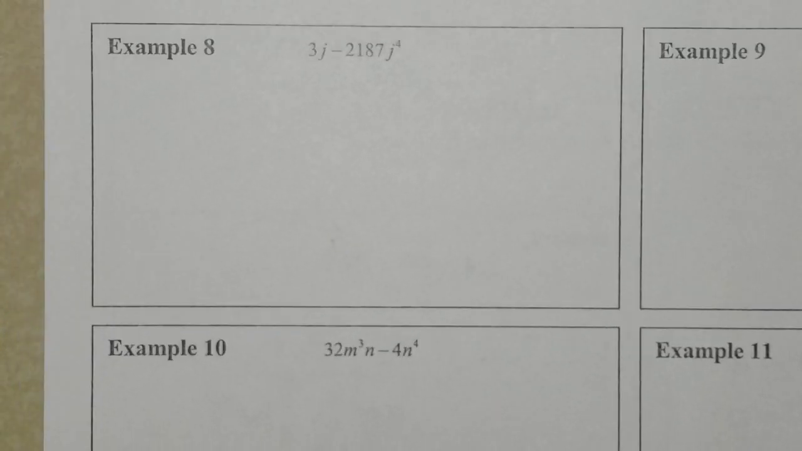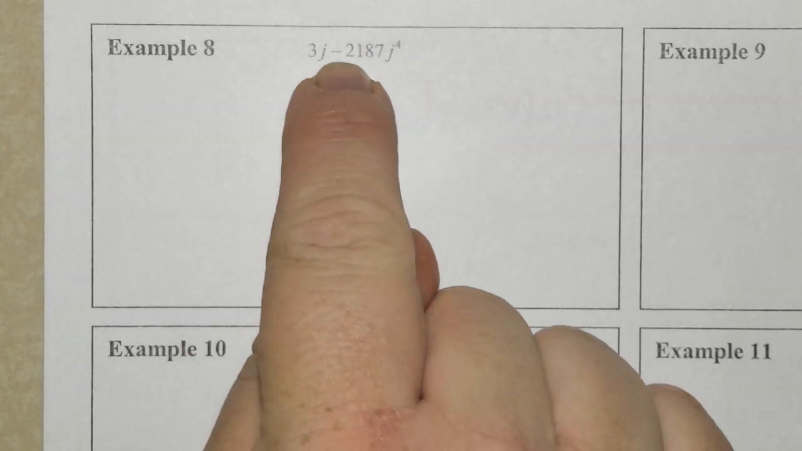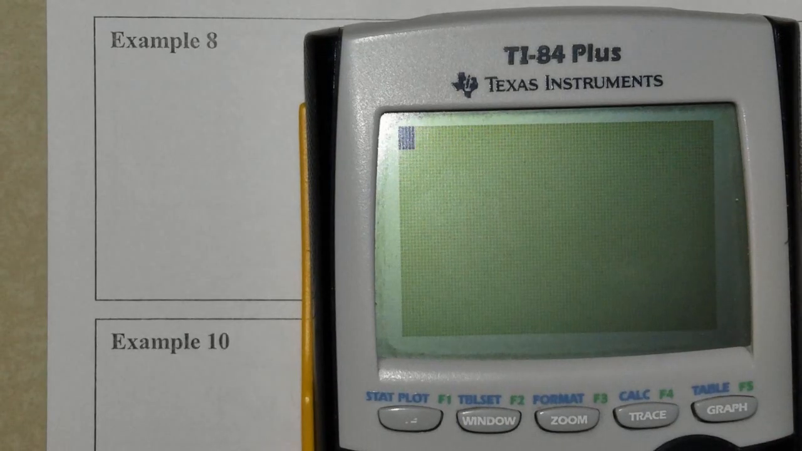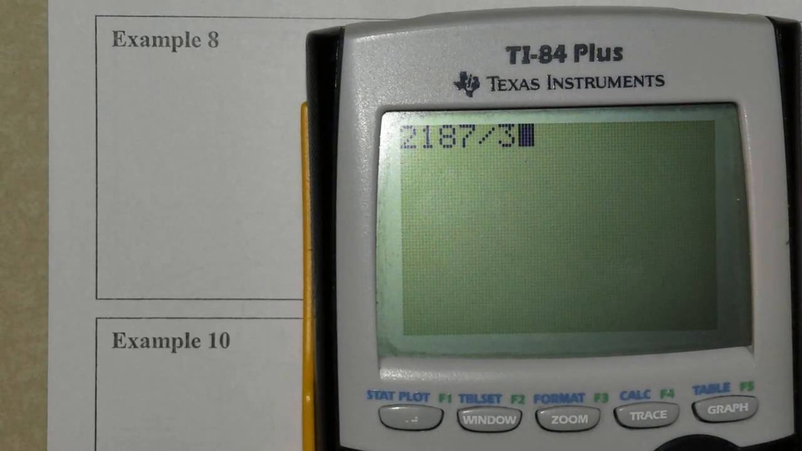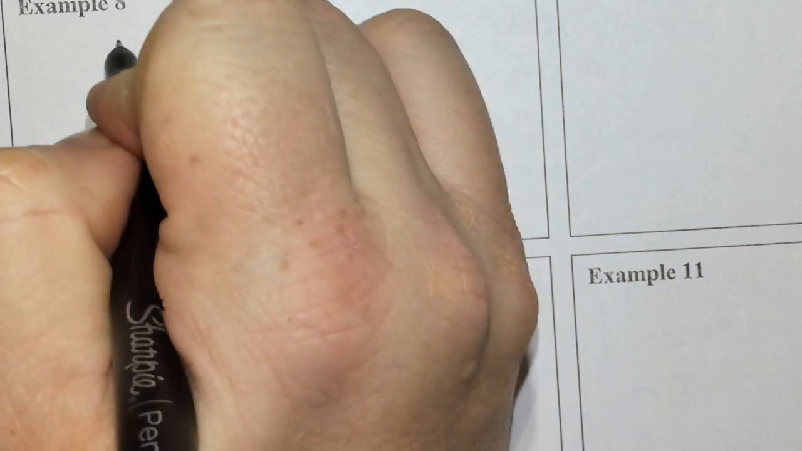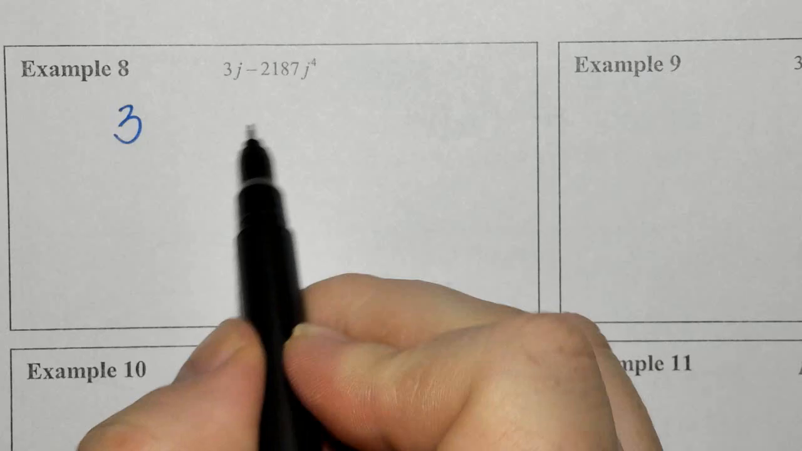All right, so here we go. This is a little more confusing. Do you see 3 on the list? Can you do me a favor? Type in 2,187 and divide it by 3 and see if that number's on the list. Could I factor out a 3? Is 729 on the list? Sure is. Okay, so not only am I going to take out a 3, both the front and the back